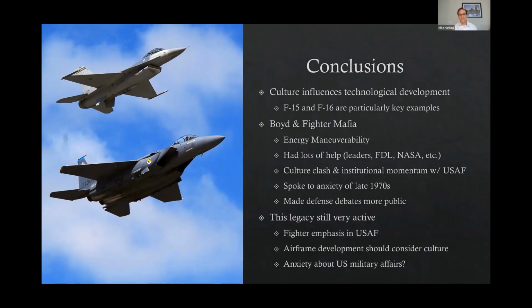And just finally, the idea that the legacy of everything they're doing, and how this procurement works, how this technology works, is still very much active in the US. We should consider these things when we're designing new airplanes. Our culture and our belief systems and what we want our technology to do is very much influenced by our culture, and whatever culture we might come from individually or as a group. And that's something that should factor into how we talk about them, I think,